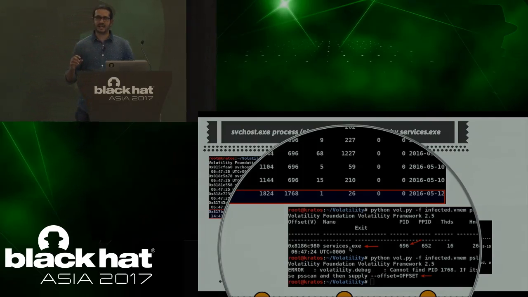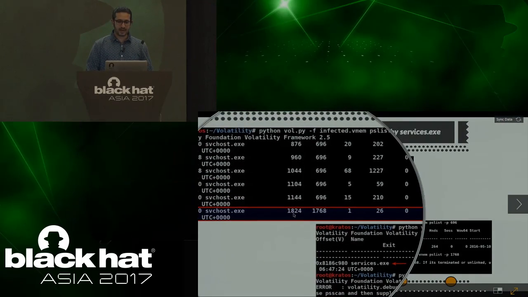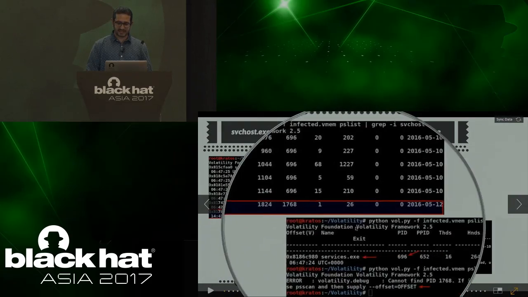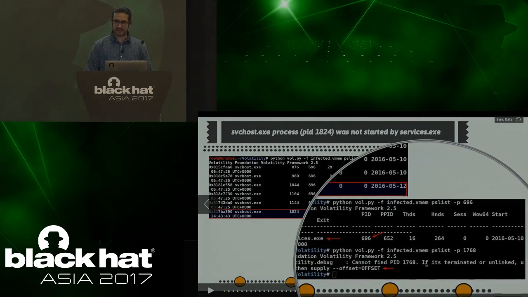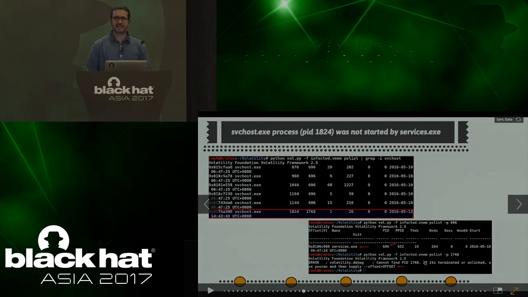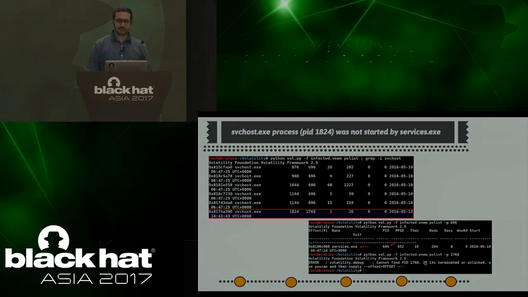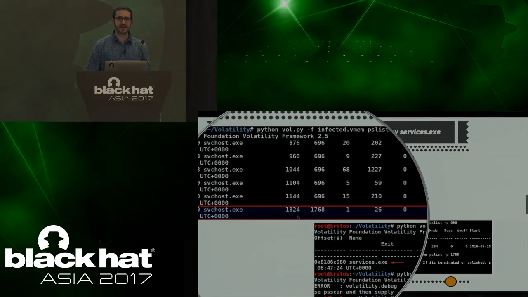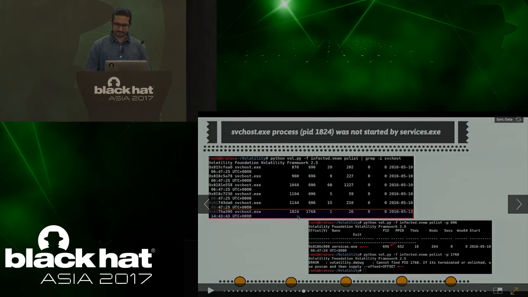But there is one process here, process ID 1824, which was started by another process 1768. That is no longer present in the memory, probably because it injected the code and terminated itself. But it tells you that because it was not started by services.exe, this is a malicious executable.